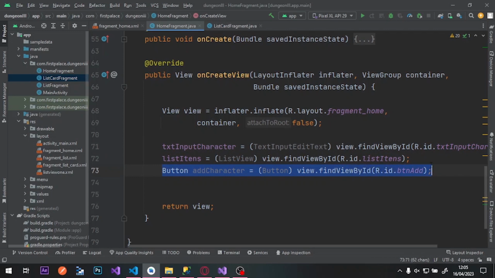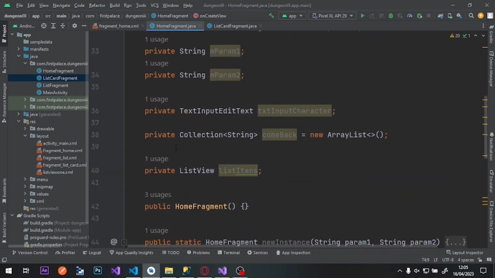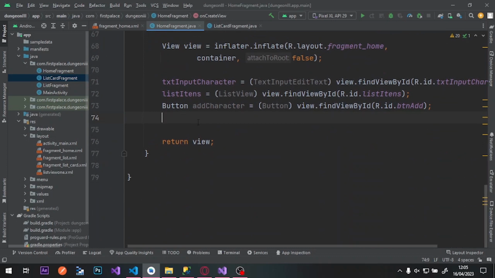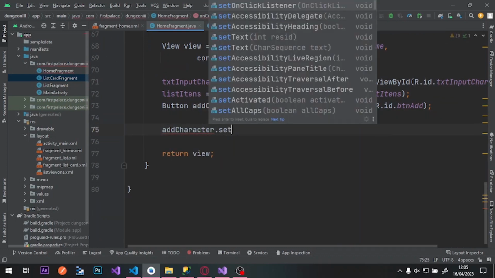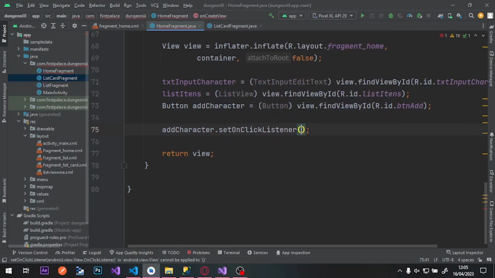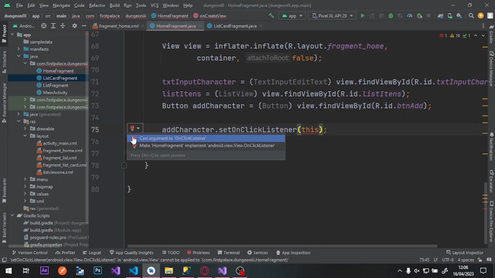For the button, I make an instance of your button here, but there is no problem. You can put it here together with the other variables. There is no problem. Perfect. So addCharacter.setOnClickListener. It's a good practice to have a method just to handle your clicks, okay? So you need to use this, click here, and